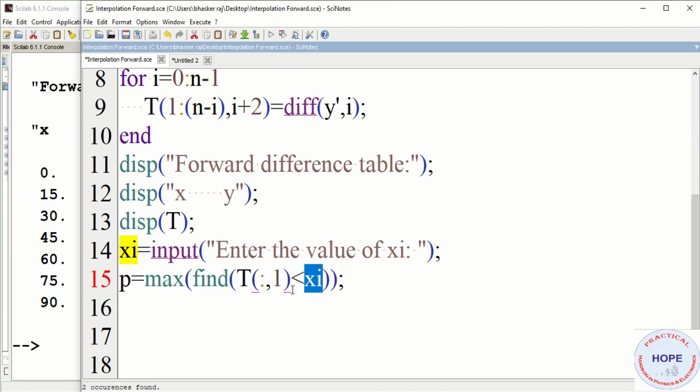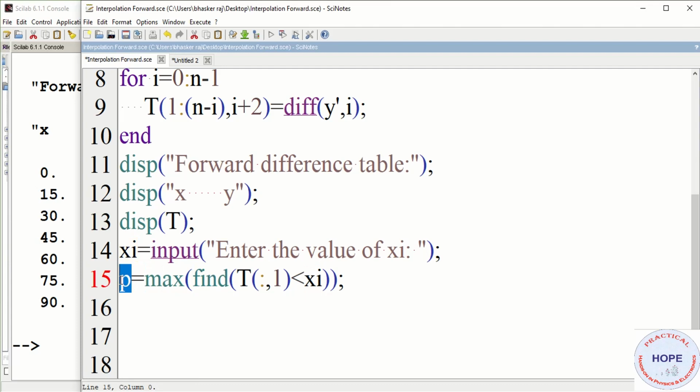Once we have the index of all the numbers less than xi, we need to find the maximum index, the highest index. That we can do using max. So first we find the index of all the x values less than xi, and then we find the maximum of those indices.